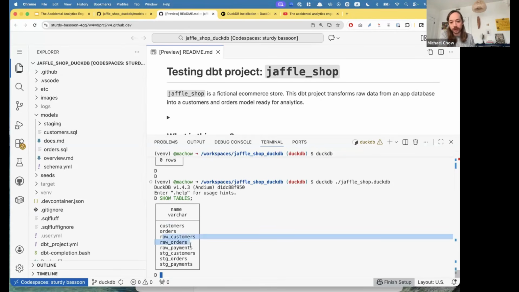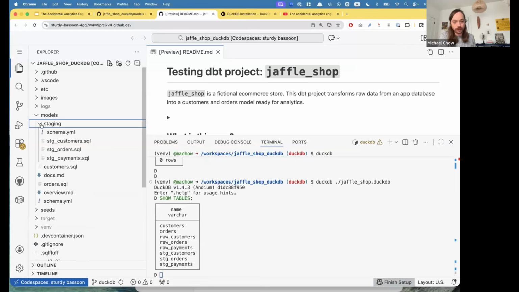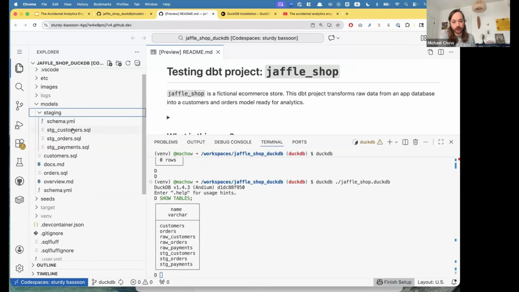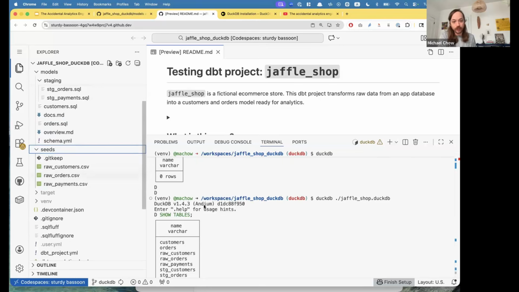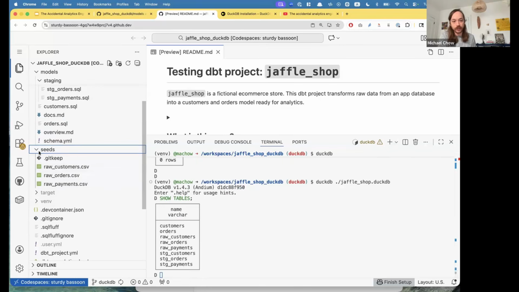You might notice we have all these other tables, and there's a way to find these. The staging tables are in here. There's a SQL file for stage customers, stage orders, stage payments. And then raw is a little bit tricky. It corresponds to this data in the seeds folder.